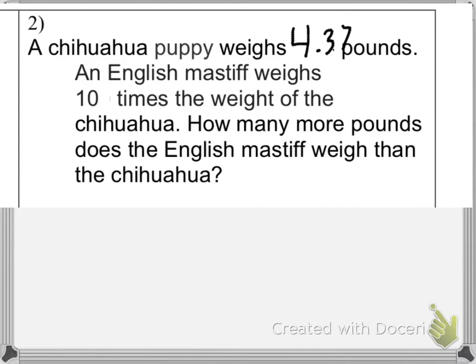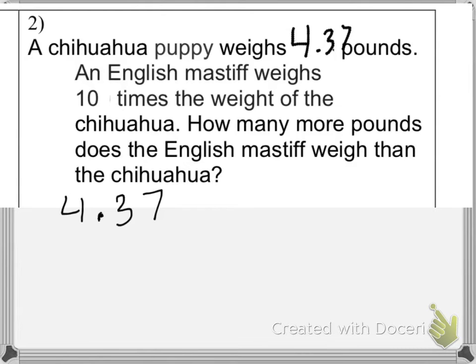All right, our next problem, this looks like your one from your weekly 10, and I just changed the numbers a little bit. It says a Chihuahua puppy weighs 4.37 pounds. An English Mastiff weighs 10 times the weight of the Chihuahua. How many more pounds does the English Mastiff weigh than the Chihuahua? All right, so what you're going to do is you're just going to take that